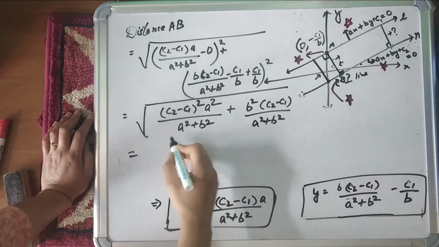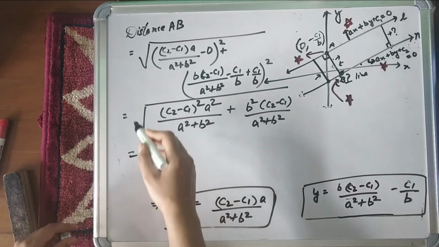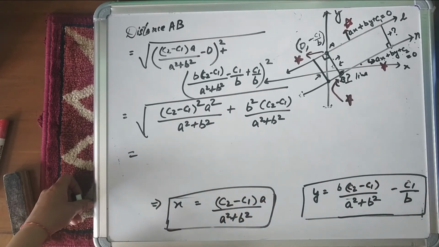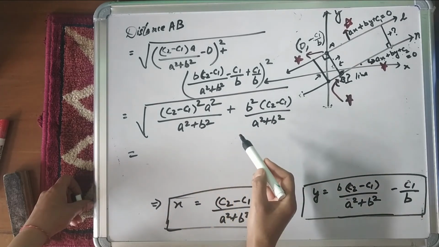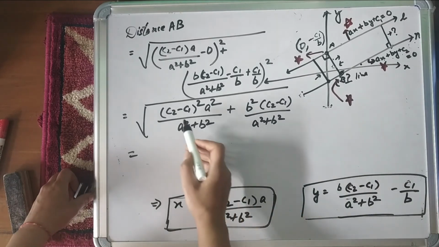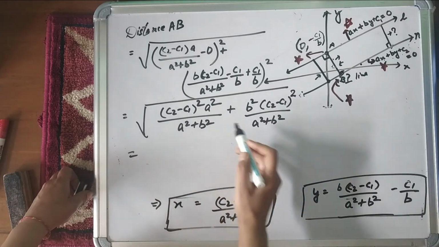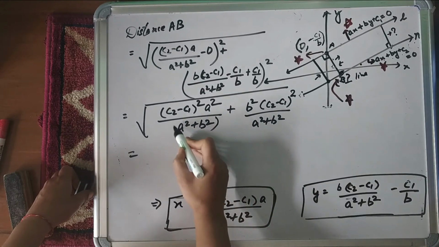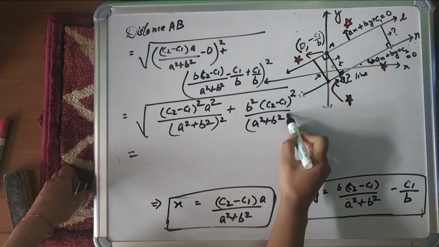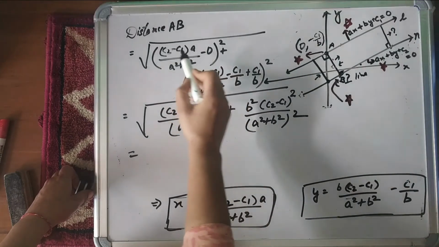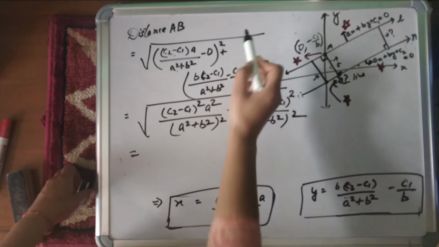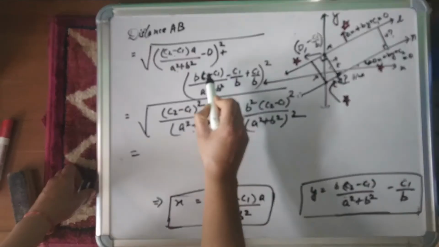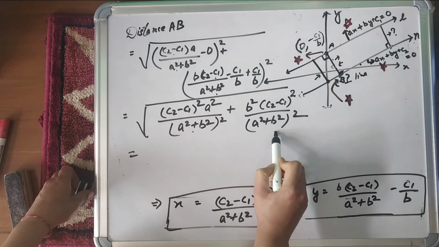Whenever you are solving the expression inside the root, you must choose factorization over multiplication. You should not multiply, you should factorize the things. Here I can clearly see that the denominator is same. The square of this full is square of this, and the square of this. Here also these got cancelled, but square of this, and square of this.